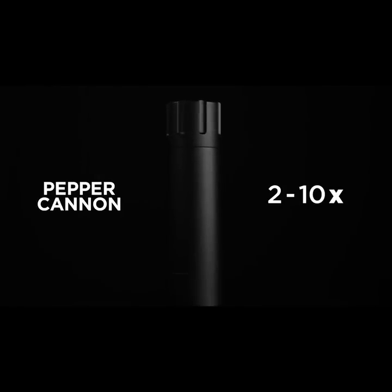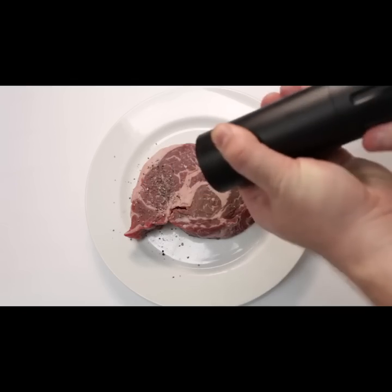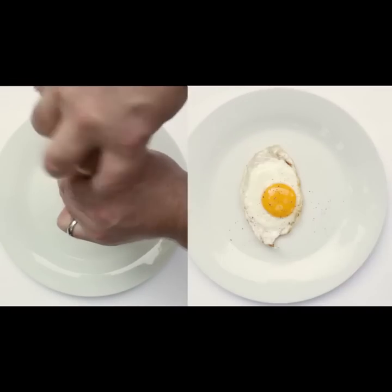Thankfully, these problems have a cure. The Man Kitchen Pepper Cannon puts out 2 to 10 times the amount of ordinary pepper mills, giving you fresh pepper fast. Does that mean you use 10 times more pepper? No, silly. It means you get the exact amount of pepper you want 10 times faster. You want to pepper your steak in 70 cranks or 7? You want to pepper your eggs with 5 cranks or half a crank? You want to pepper your children with...